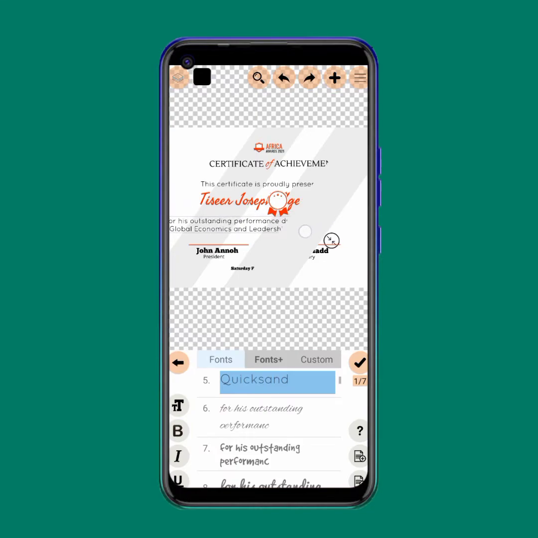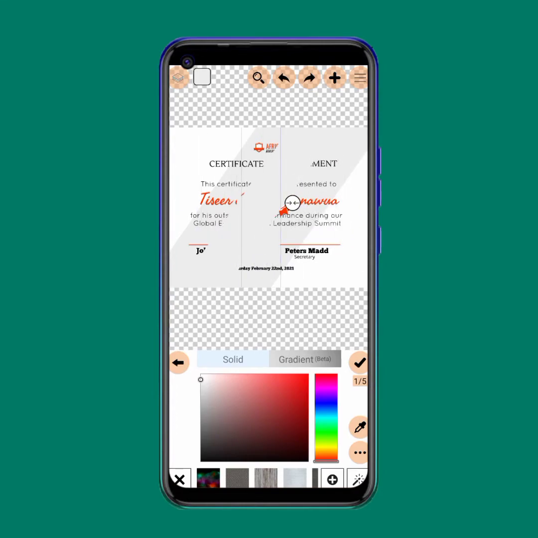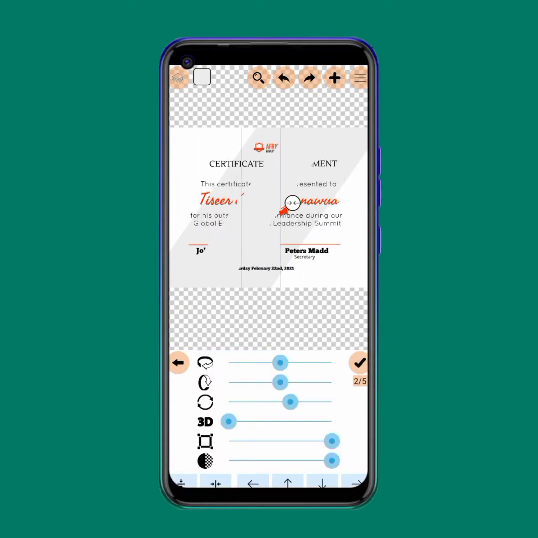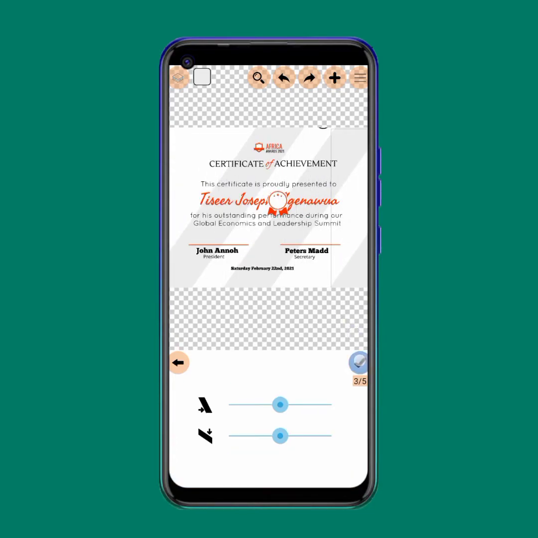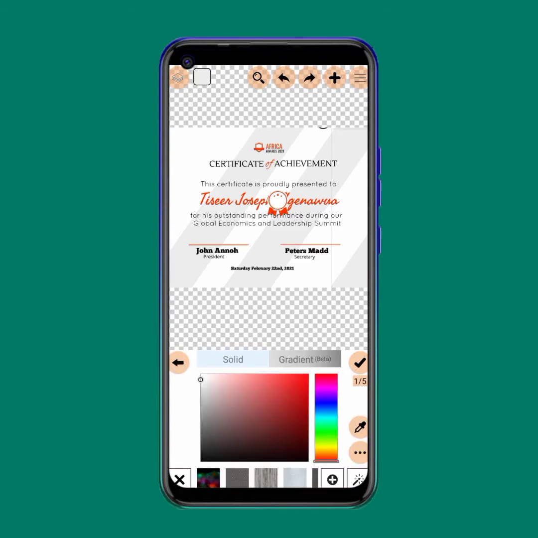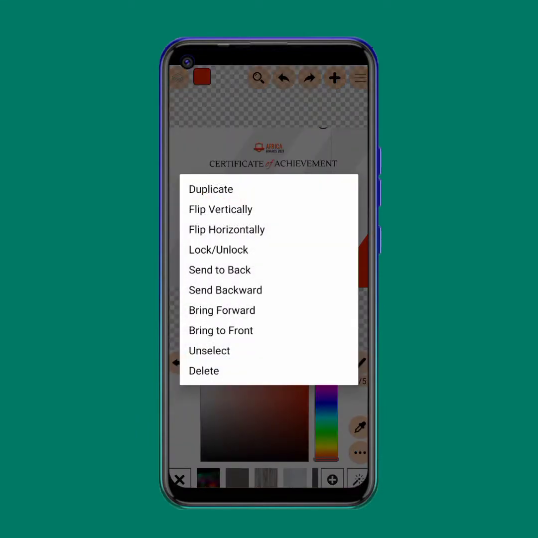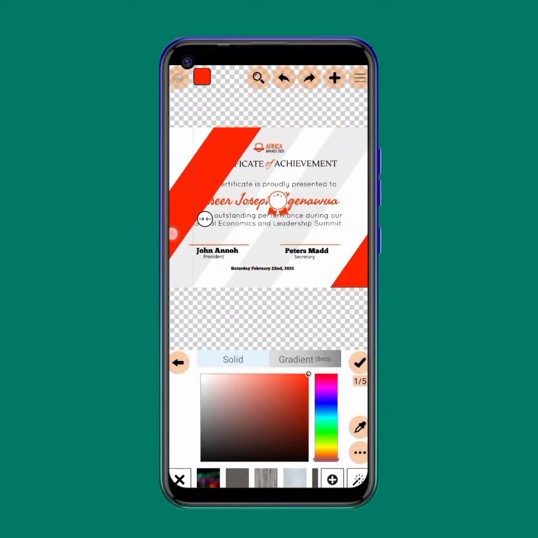Now we take the duplicate and put it here, and then we change the color to something like this. Then we duplicate, take it to this place, and give it